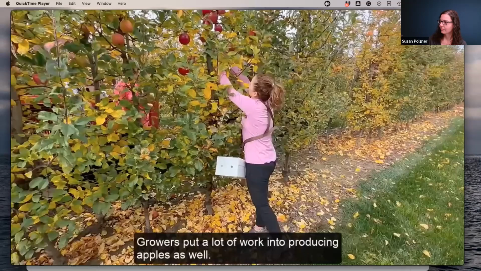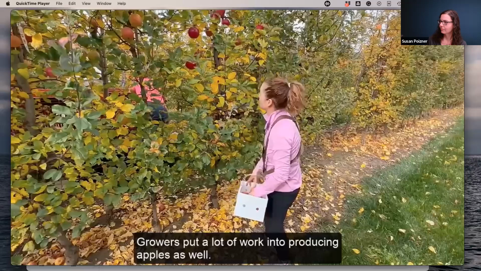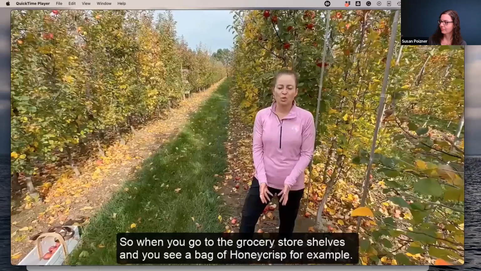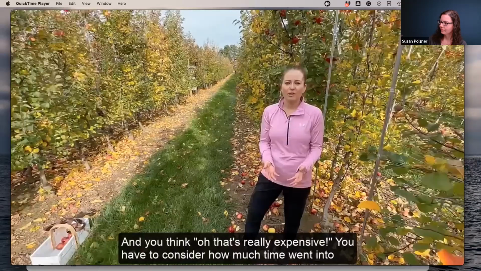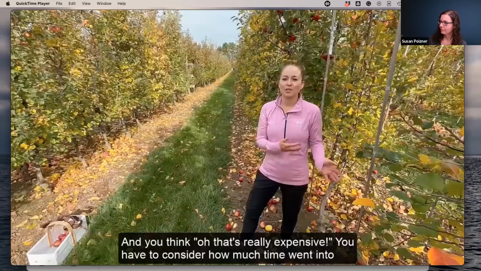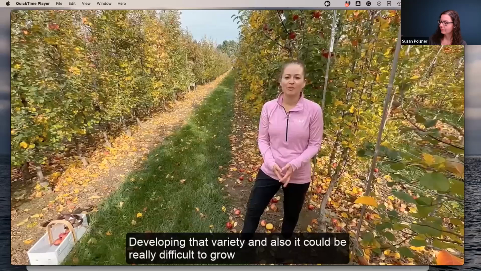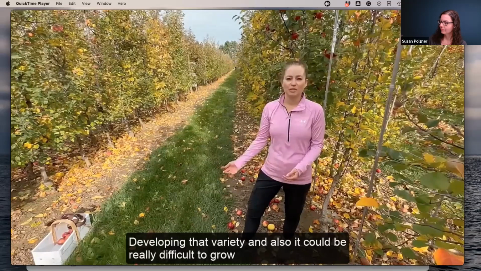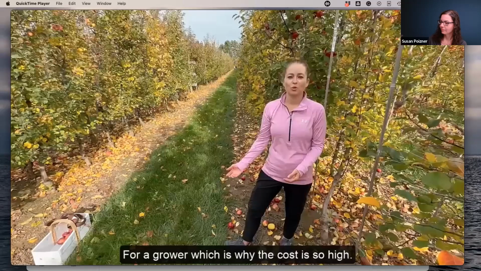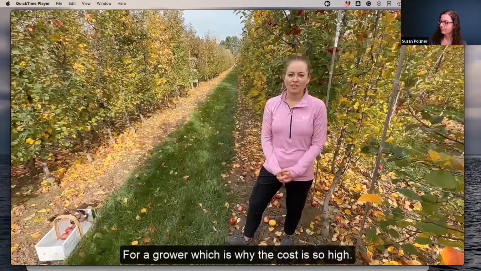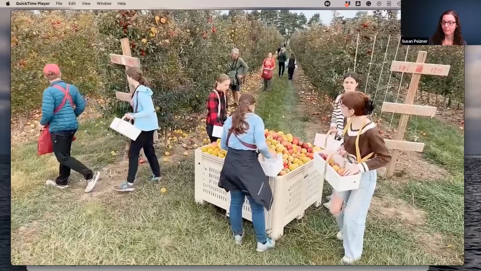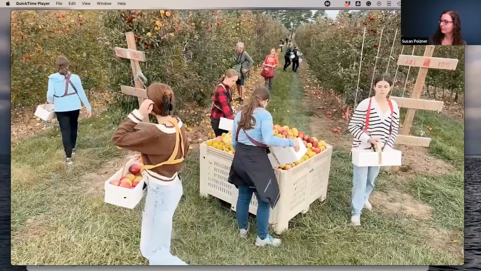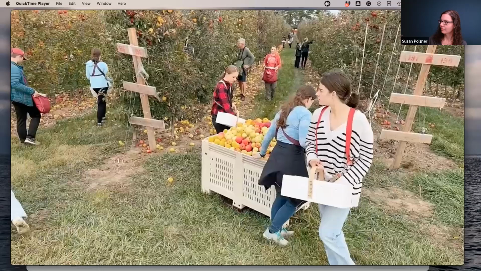Growers put a lot of work into producing apples as well. So when you go to the grocery store shelf and you see a bag of Honeycrisp, for example, and you think, wow, that's really expensive, you have to consider how much time went into developing that variety, and also that it could be really difficult to grow for a grower, which is why their cost is so high. Despite the long and complicated process for developing new apple varieties, there is continued demand for new types of apples.